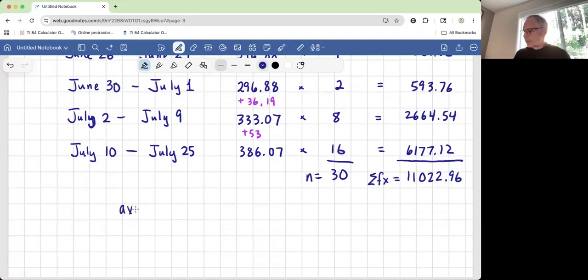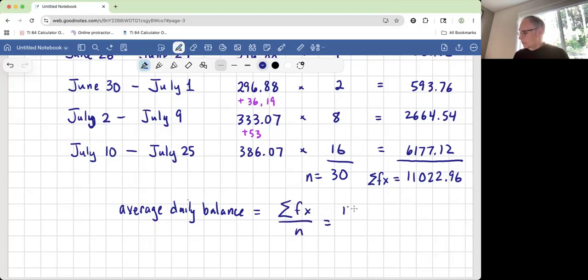So then my average daily balance equals sum of the FX divided by N. So 11,022.96 divided by 30. Make that calculation. My average daily balance, therefore, is